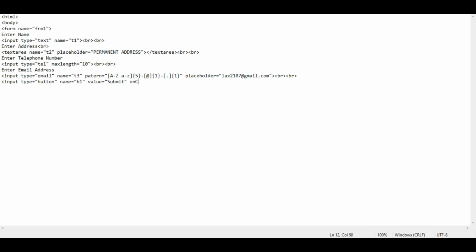On click this, and that's the end of our form. And then comes the end of our body, but not our script. Our script has just started. Slash JavaScript,